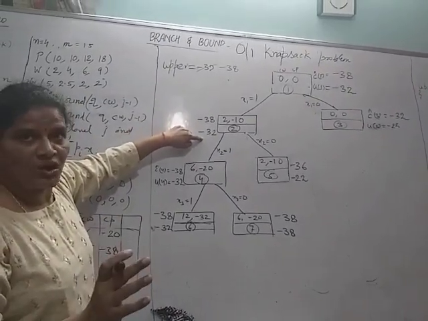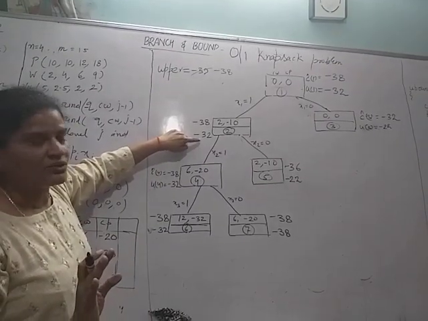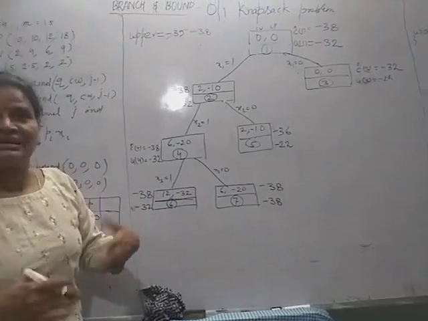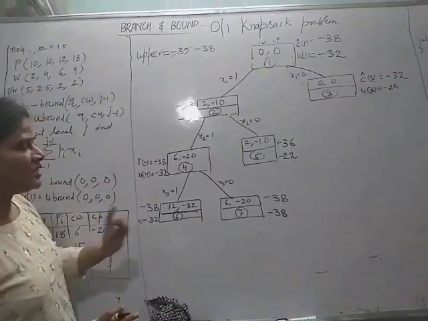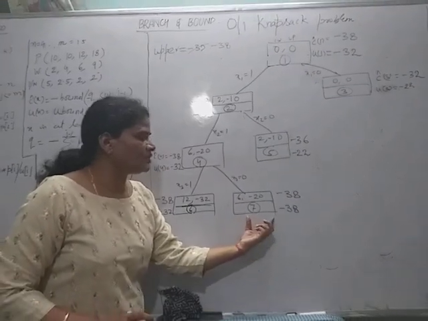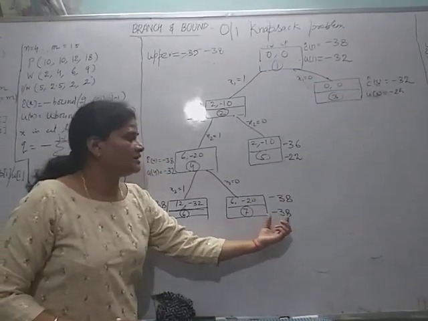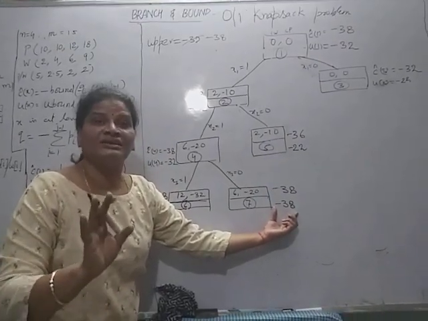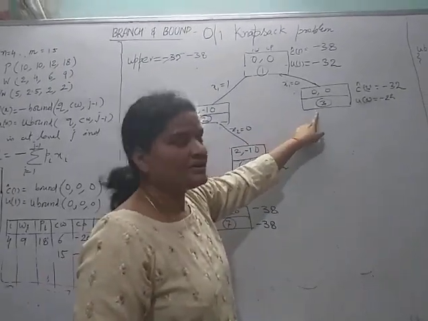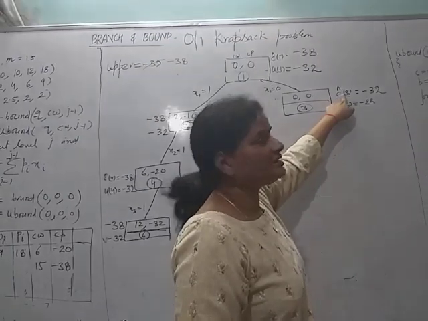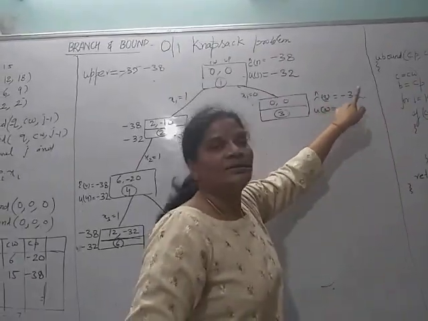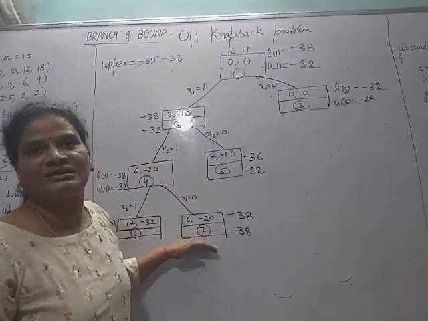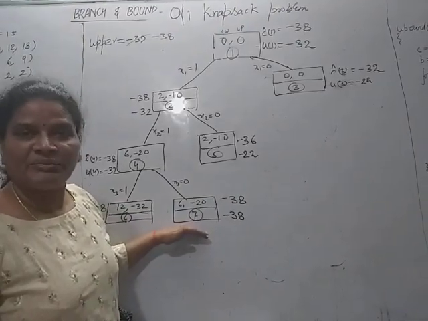Upper bound is giving the cost when the fractions are not allowed. And we know that when the fractions are allowed, the cost is minimum, in other words, profit is maximum. So I have a node whose upper bound is minus 38 when fractions are not allowed, and here this is the node where the lower bound, where the fractions are allowed, the cost is minus 32. So this has the higher chance to be the answer node, or the node with minimum cost.